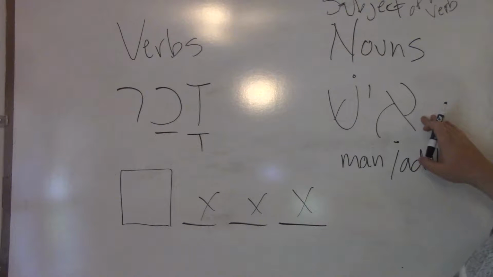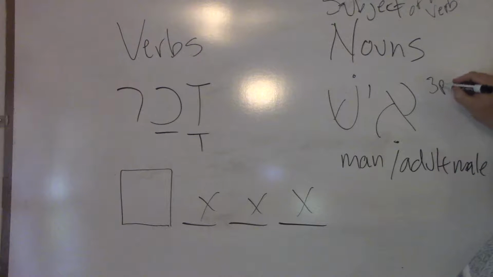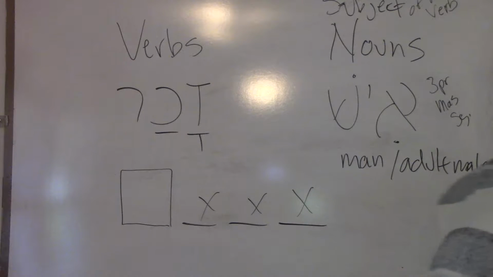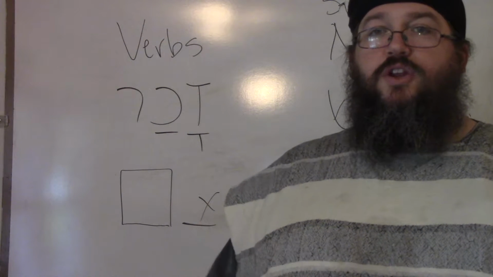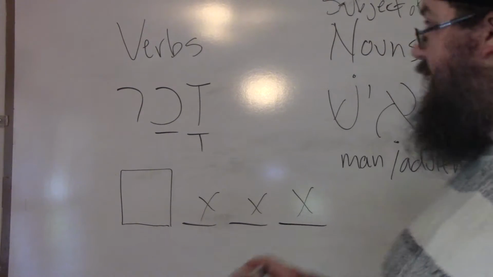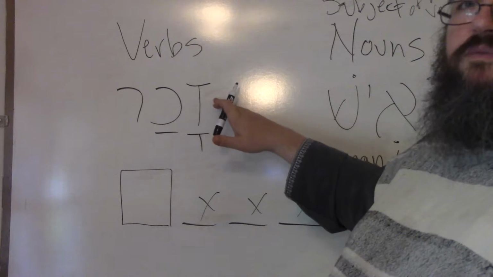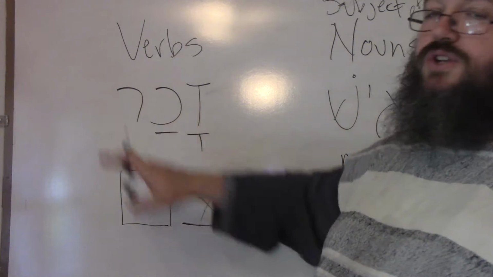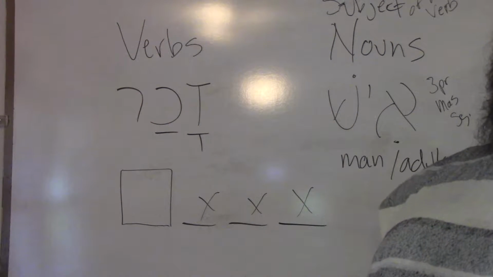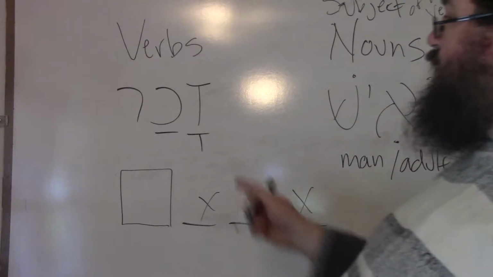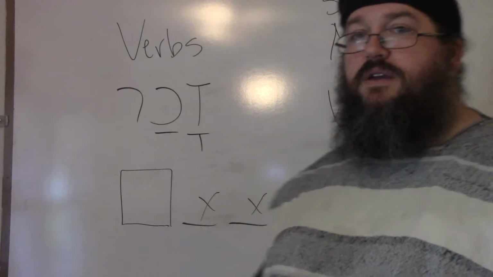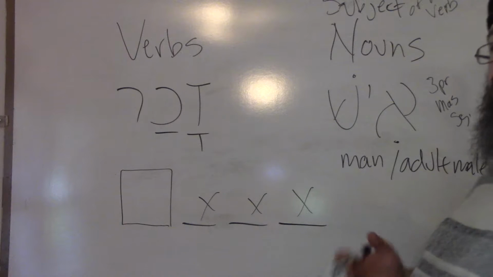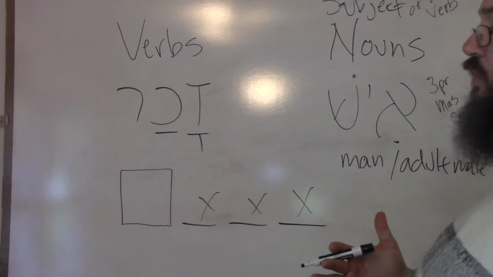The noun here is what's called the third person, masculine, and singular form. Okay? Why do I need to know this? Well, that's because it has to match the verb form. Here, Zayin, Kof, Resh is the third person masculine singular form. We say Zachar. Okay? So I want you to understand the fact that as we go forward, and we're going to see this,